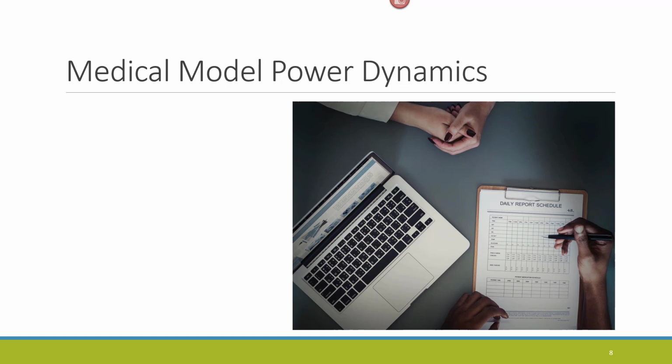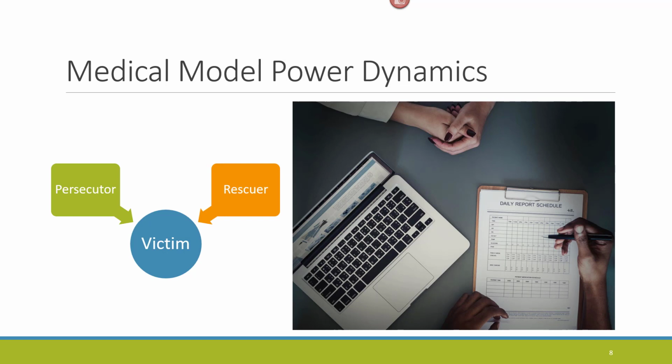There are many ways in which power can be used or misused, but people often take on 3 distinct power roles. There's the victim role. This person believes he or she cannot take care of himself or herself, and thus has a sense of powerlessness. There's also the persecutor. This person believes people need to be coerced or controlled. There's also the rescuer, who believes other people cannot take care of themselves. These roles are normally outside of our conscious awareness, but can contribute to a feeling of powerlessness or loss of agency on the part of the person being treated.